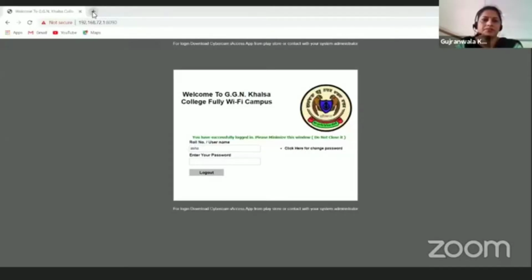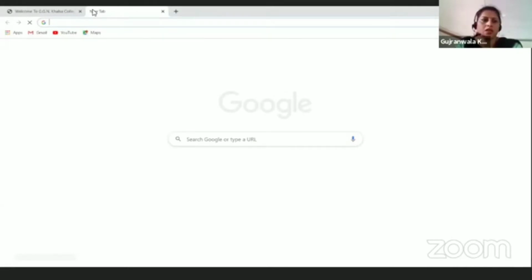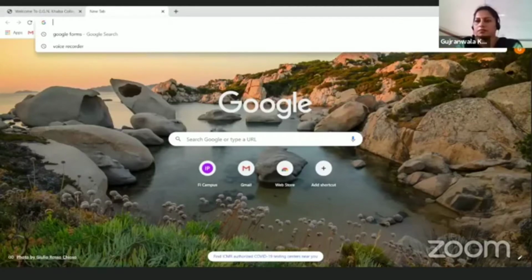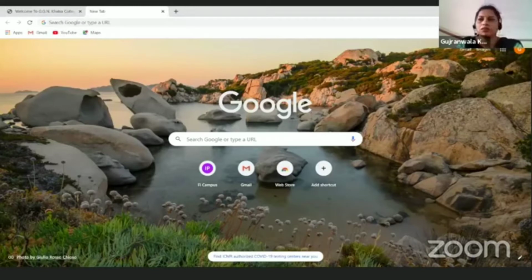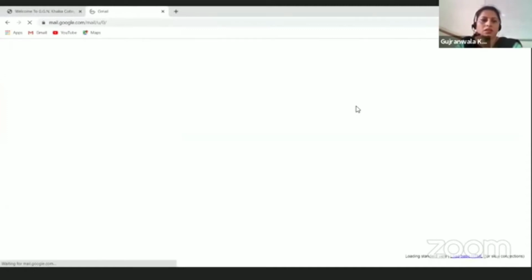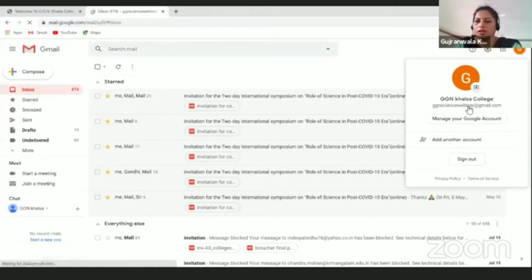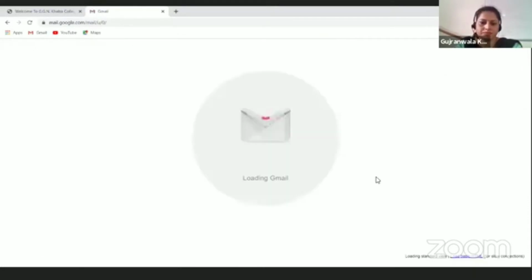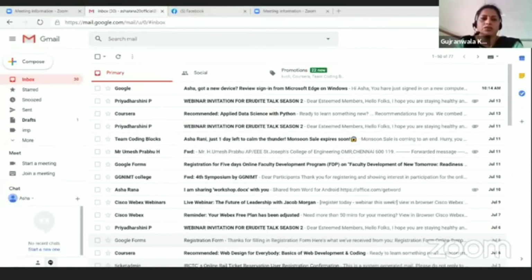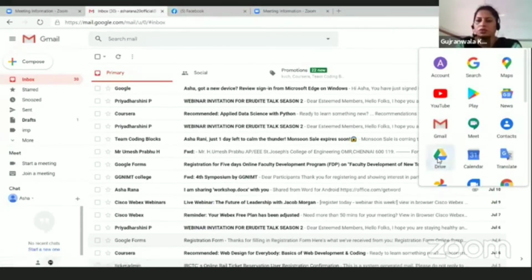Is my screen visible? Yes? Okay. This is my Gmail account, and as you can see, there are 9 dots on the upper right hand side corner, and from there you can directly go to your Google Drive.